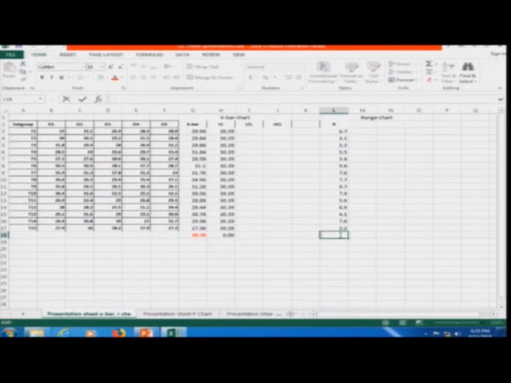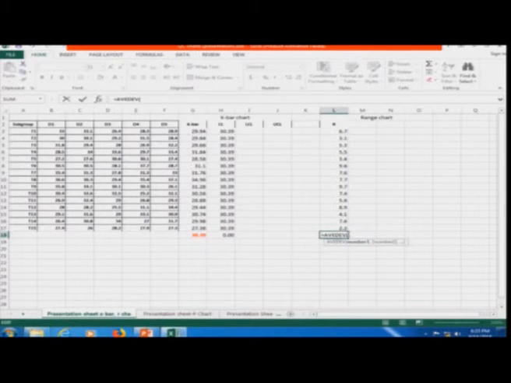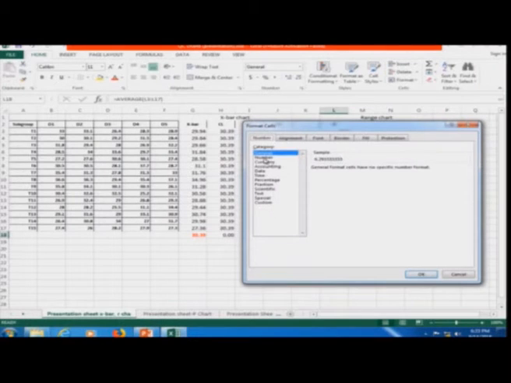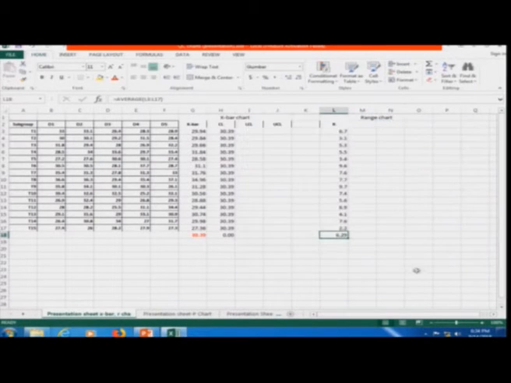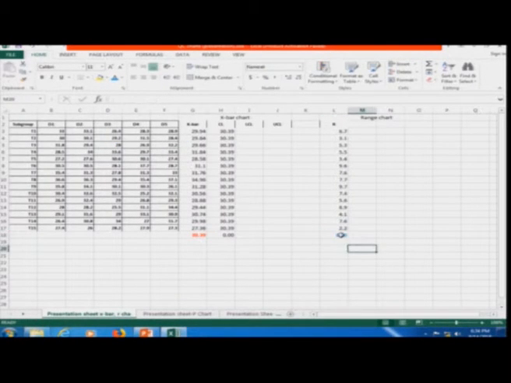So, let me put this as equal to average of these values, enter. Format cells, reduce it to 2 places of decimal, done, okay, 6.2. I will color it maybe blue. So, this is my R bar.